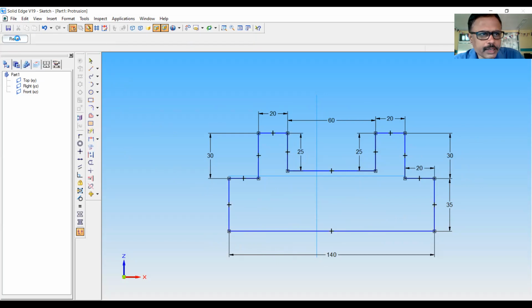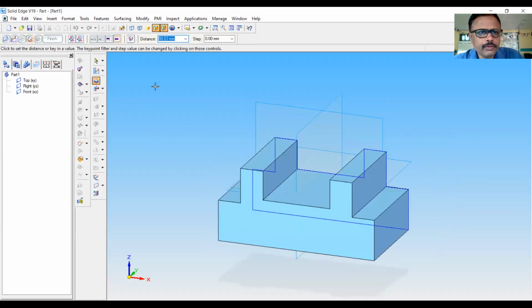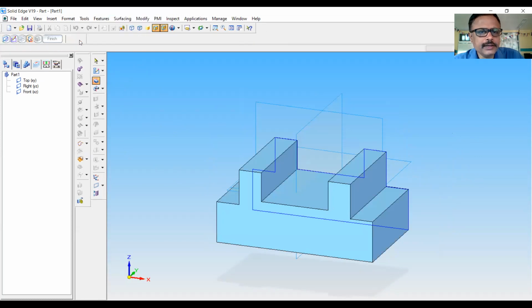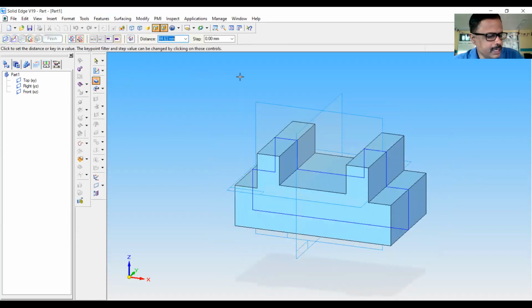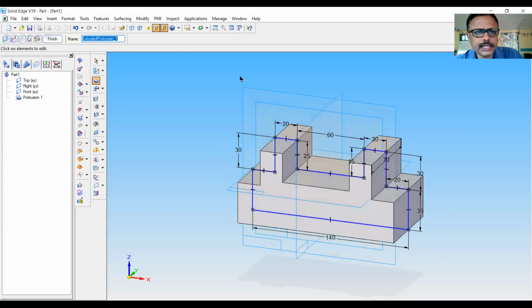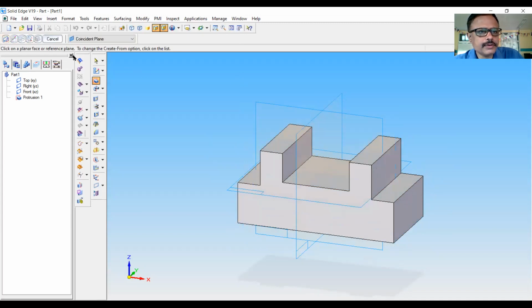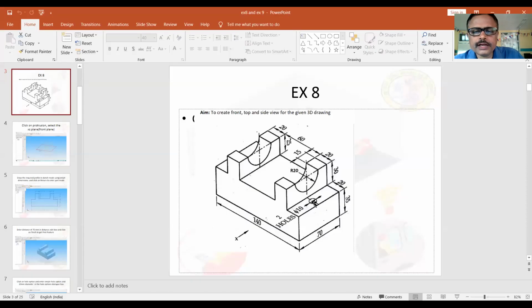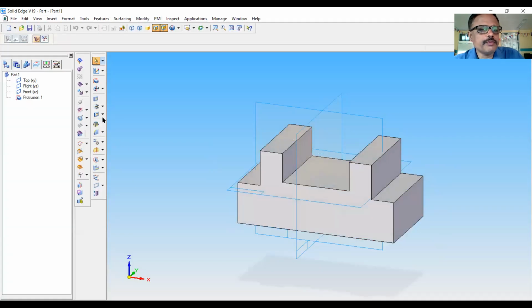Once it is a closed loop, you can click on return. Now click on symmetric extent. Enter the protrusion distance as 70 mm. Press enter. Click on finish and cancel. Now protrusion tool is cancelled. Next we have to, again if you look at the model, this is the model. Here there are two holes of diameter 10 mm that we will do now. There is a hole option here. Click on hole. Click on the hole options dialog box.